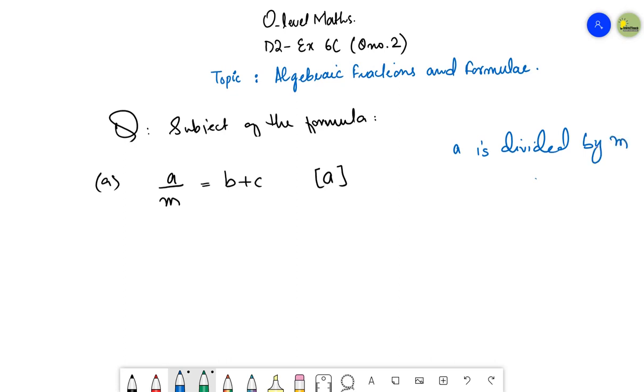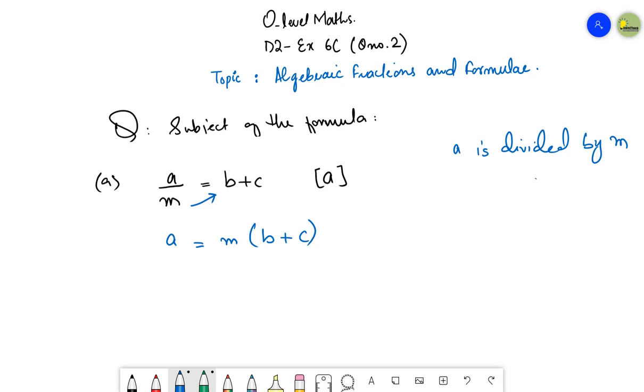So if I want to shift this M to the other side of the equation, then I have to change the operation. Right now M is present in the denominator, so it is in division. When it is shifted to the other side, it becomes multiplication. It will be in the numerator, and it will be multiplied with each and every value present on the right hand side of your equation. So this is how you can transfer any value that is present in the denominator to the other side of the equation, in your numerator.